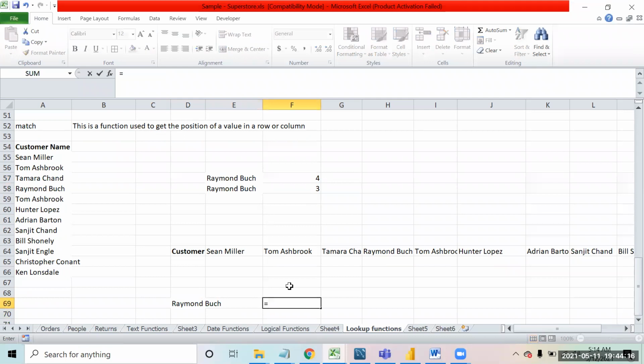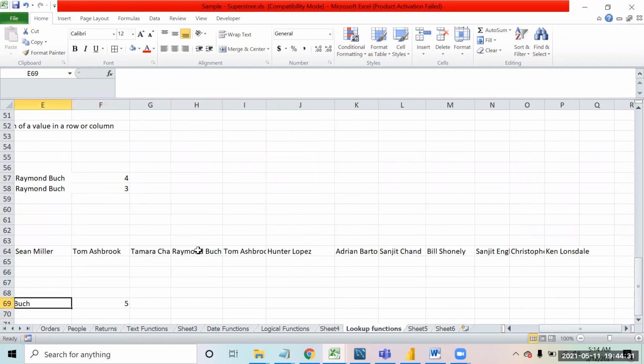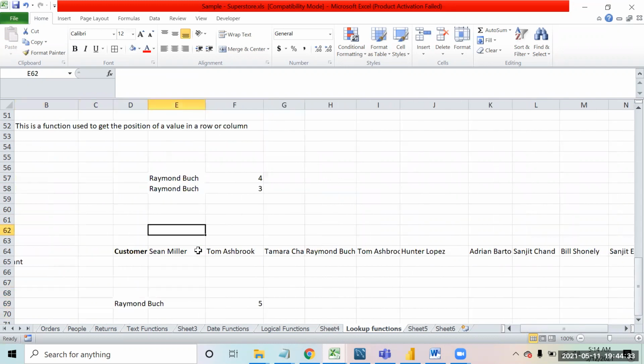So I will say equal to match, this is the lookup value, comma, I will select this range. Now it is going to give me the position in this range also. I selected the range from here: 1, 2, 3, 4, 5. So this is the fifth position.